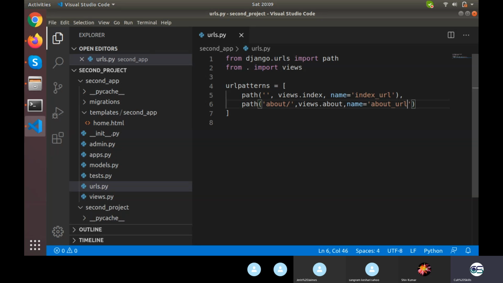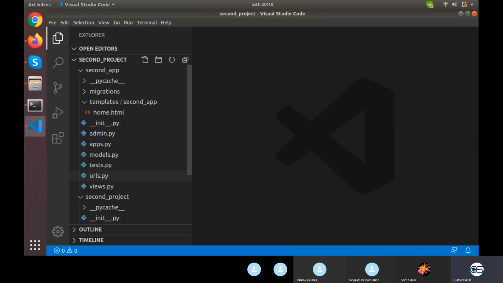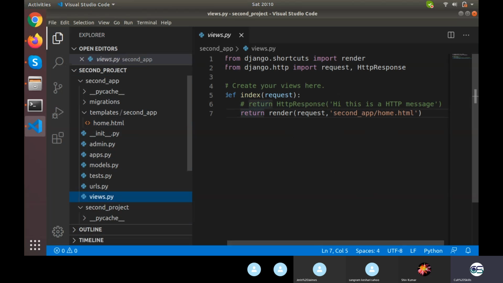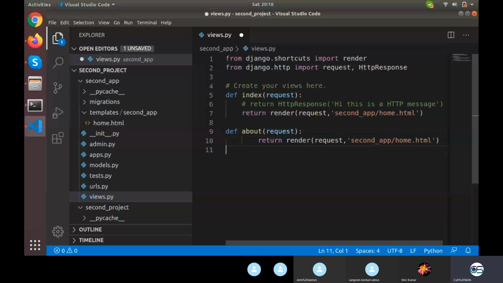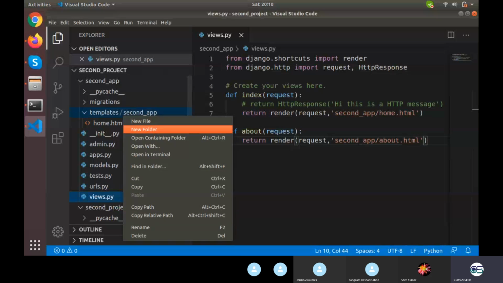Let's close this. Let's go to views. Let's make views.about, def about, request, and render some HTML that we will make. The name of the HTML is about. Let's make an about.html right here.